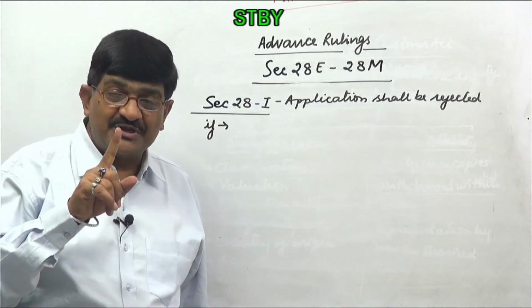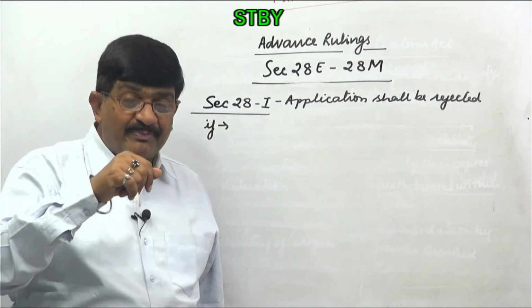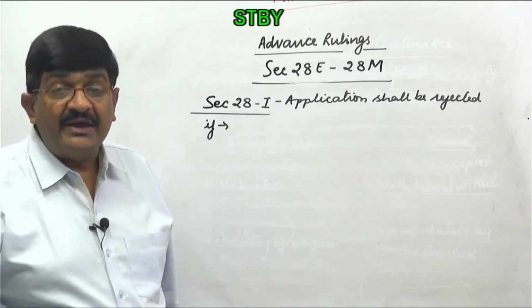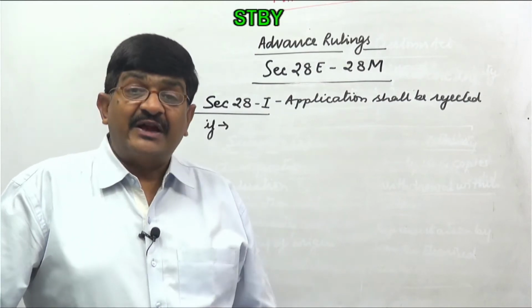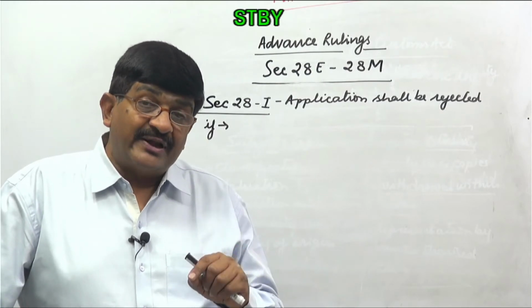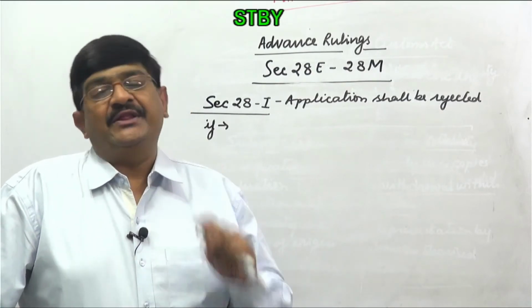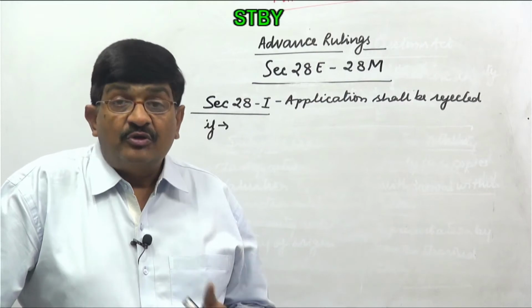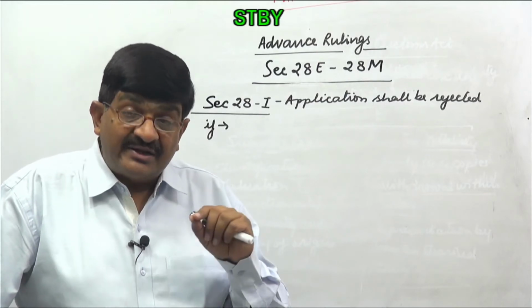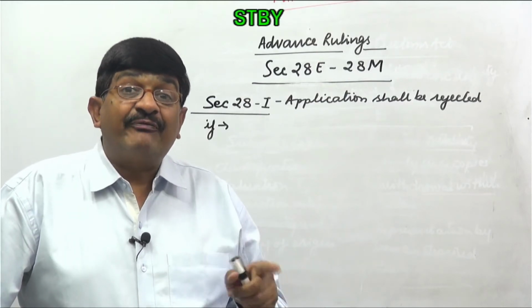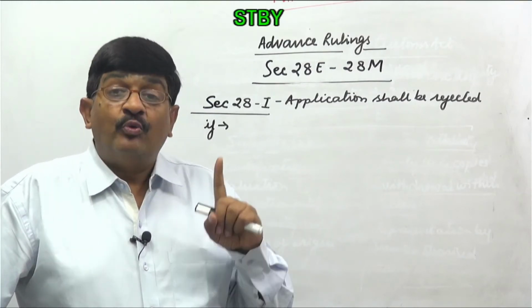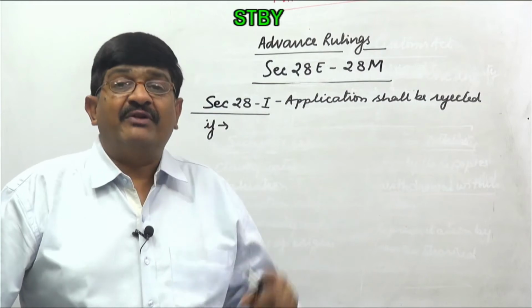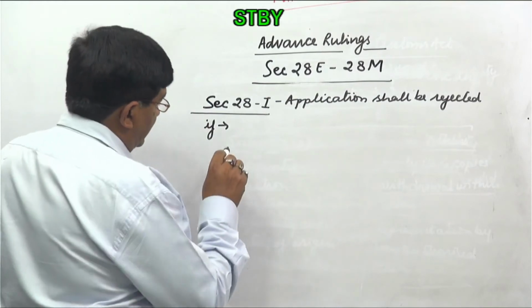First situation, the subject matter is already pending before the adjudicating authority. It means the taxable event has already taken place. So where the taxable event has already taken place, advance ruling authority cannot do anything. You know the definition of advance ruling. We said before the taxable event takes place. So first situation where application should be rejected for advance ruling, that is number one,